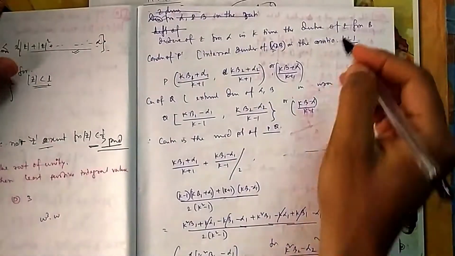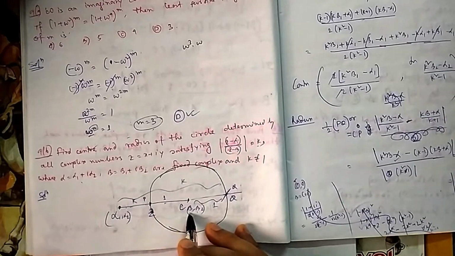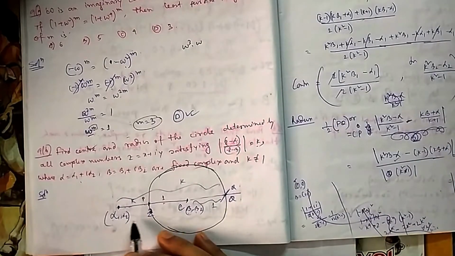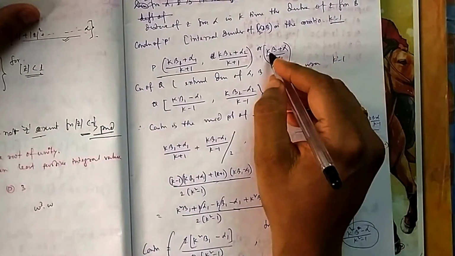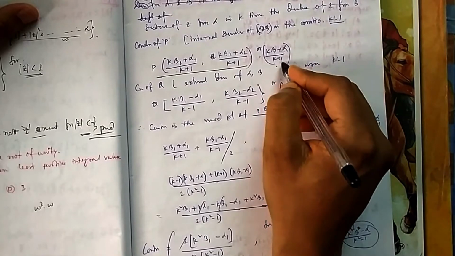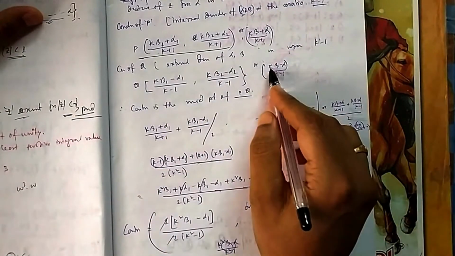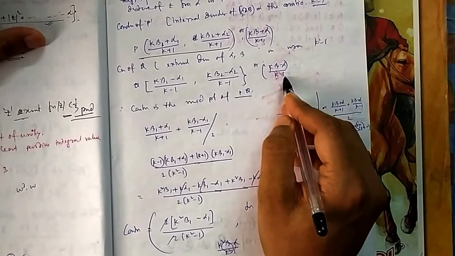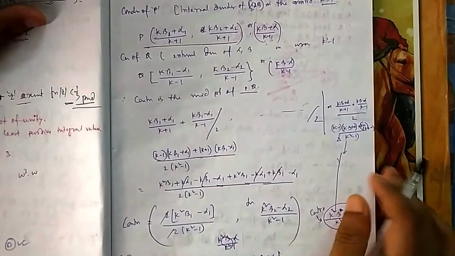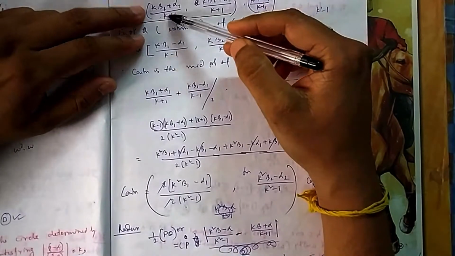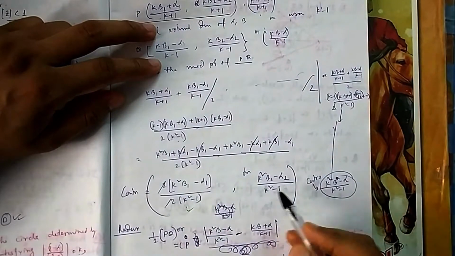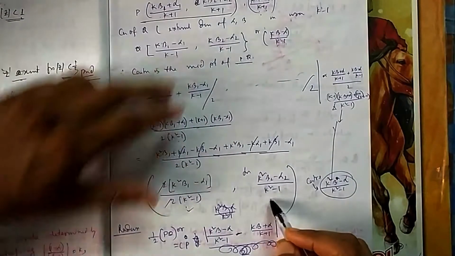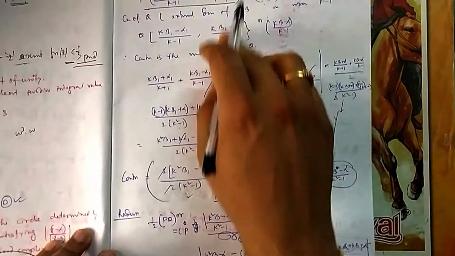So this is nothing but internal division. Suppose this is the internal division of PQ, you can apply it: k into beta 1 plus 1 into alpha 1 divided by k plus 1, or you can write it directly in complex numbers. I can write k into z2 plus 1 into z1 divided by k plus 1, and this is the external division, k into beta 1 minus alpha by k minus 1. So the midpoint will be equal to this plus this divided by 2. This plus this divided by 2 means you have to take the LCM of k plus 1 and k minus 1, that is k square minus 1. Then you take the product, ultimately you will get this one. Here also if you do the LCM you will get it. I am not showing it, it is easy. That is the midpoint of these two.